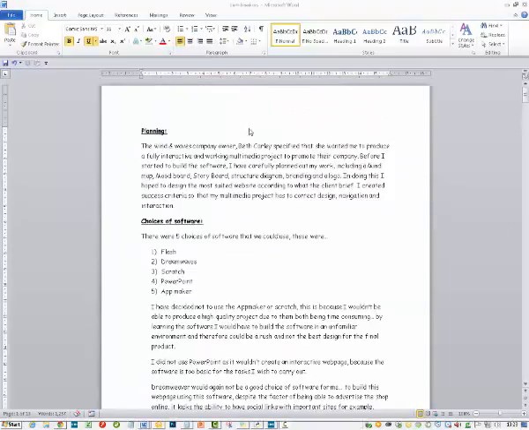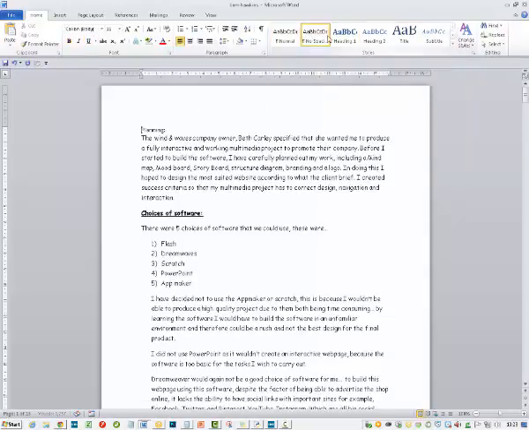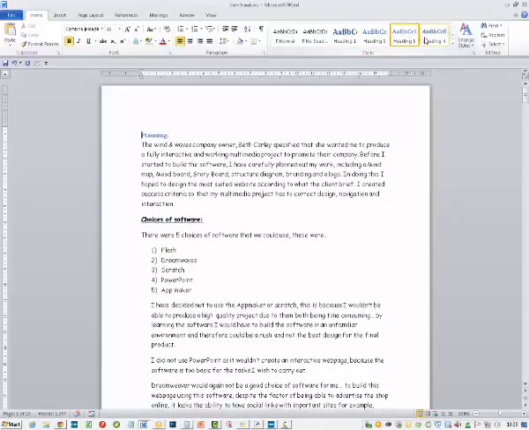Okay, so the first thing we're going to do is I'll show you what you're going to be working with. This is the style panel, and for example we've got planning here. We change, and the reason it's affecting everything is because there's no separation between it and the writing below, so put it back to normal. So the first thing I'm going to do is make that a heading 1